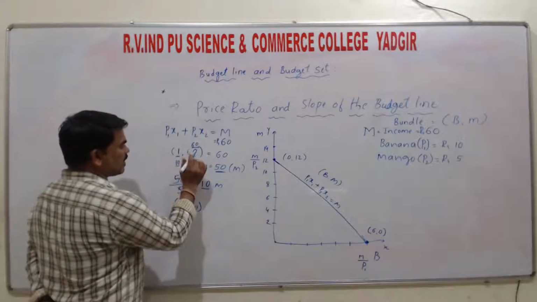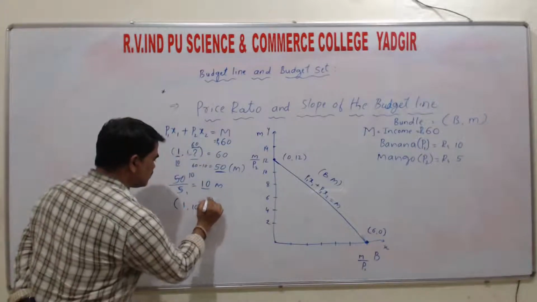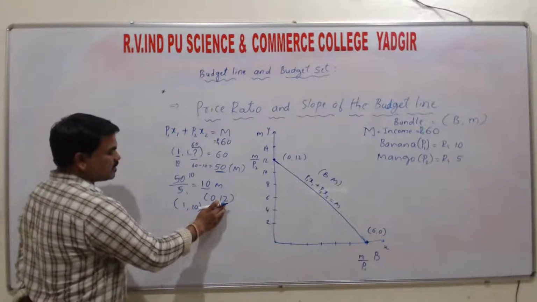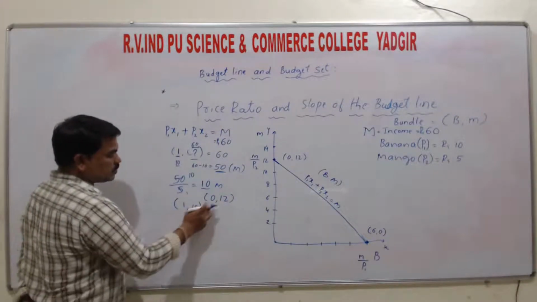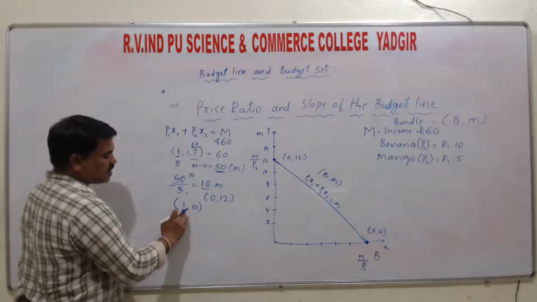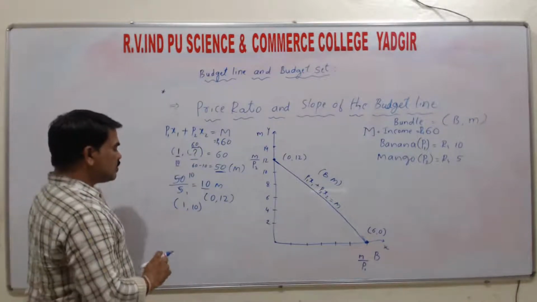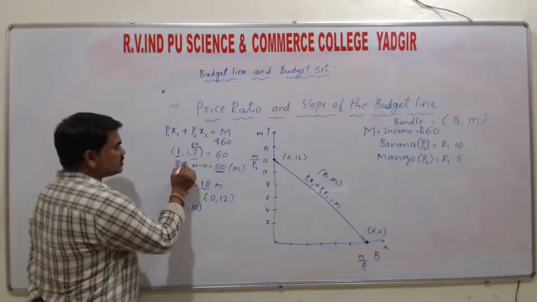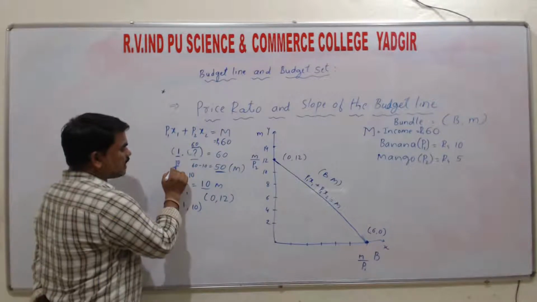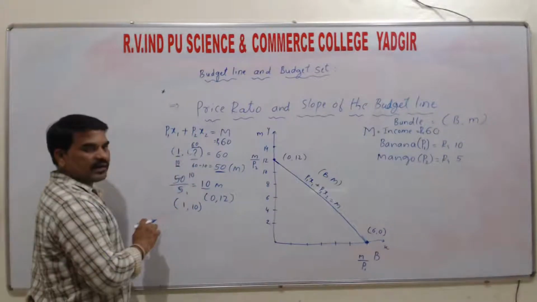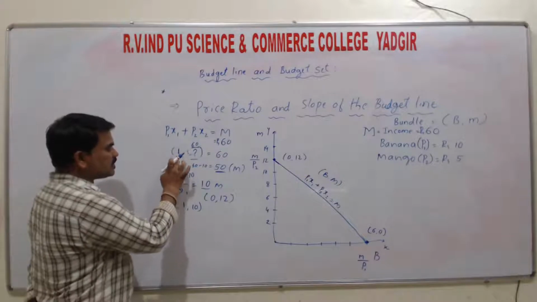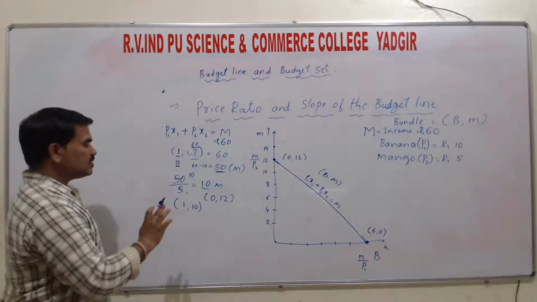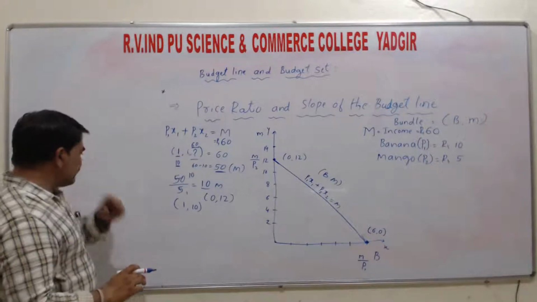From 12 mangoes, 0 banana and 12 mangoes. From 12 mangoes, he reduced that to 2, and he is now getting 10 mangoes, 1 banana. Correct? So for this, what did he do? He has to reduce by the price of banana. Correct? So for one banana, he has to reduce by the price of the banana, and then he can add a banana. Correct? So that's why,